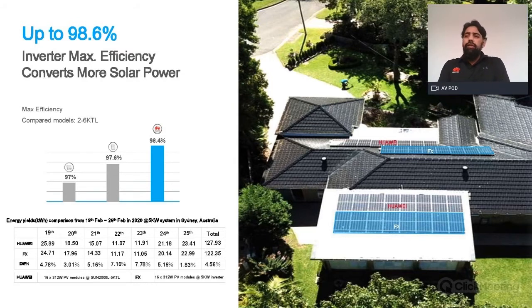Higher efficiency. We talk about yields, higher efficiency. Compare efficiencies of these models, you'll find Huawei efficiency being higher. Now, this is a very interesting case study because this is our colleague's house here in Australia, Sydney. He installed a 10 kilowatt system, two 5 kilowatt inverters, one Huawei and one another European brand. They used identical string sizing, identical strings into those inverters, and he just compared the yields out of it. So 4.5% more yields from the Huawei,